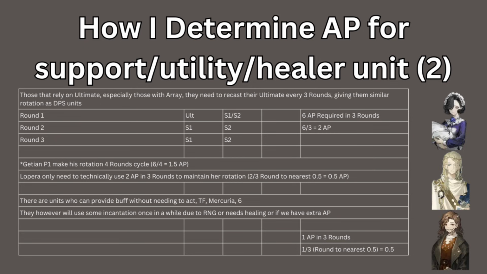Obviously, for Mercuria's case, you can play her more actively and she will be able to provide even more buff. But you can also have her passively and still she can give you like 10 to 20% of damage dealt and crit damage. But I do not want to put them as